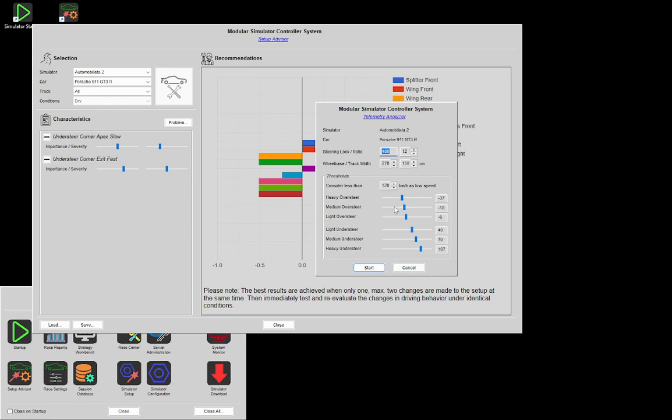Okay, and now for the fun part. The sliders here allow you to set detection thresholds for a given event. And the meaning of these sliders is as follows. If you move them like this,